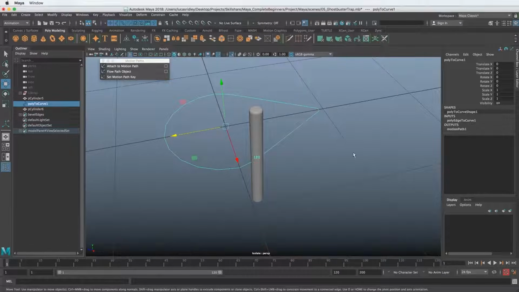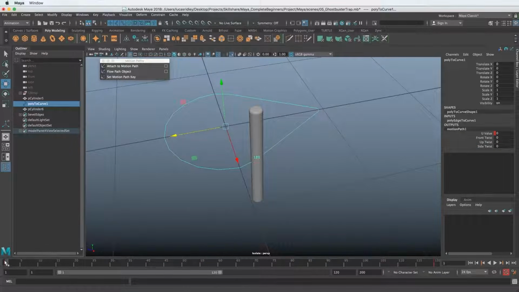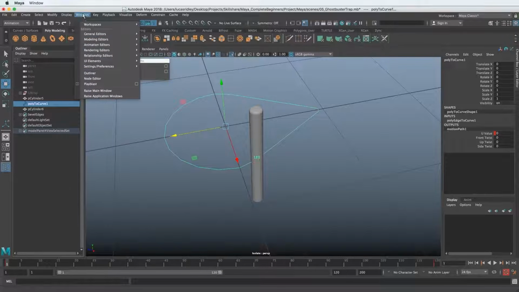So you can see we have this motion path here. We have the curve selected. Now we have an output for the motion path. If we click that, we can see this little red dot. And that means there's a keyframe. And now that we toggled this down, we also have these red dots on the timeline that weren't there before. So there's a couple different ways we can change the handles of this so it'll be the same length, the same speed through the whole length of this timeline. But we could do it here in the timeline, but I want you to see it visually since it's the first time you're introduced to this stuff.